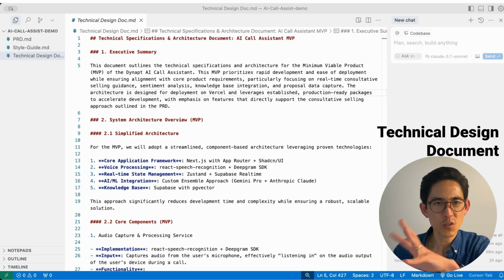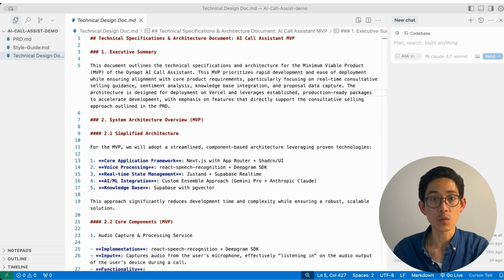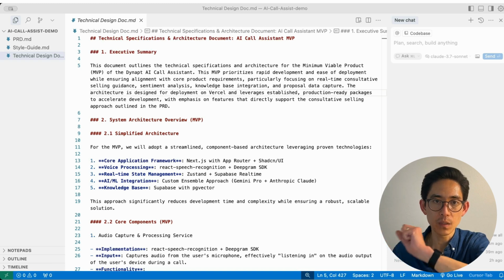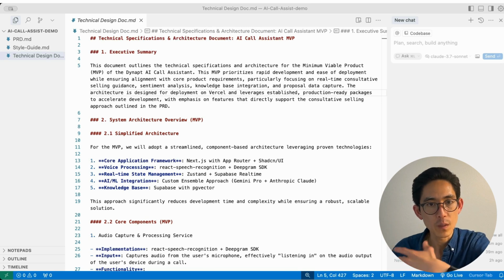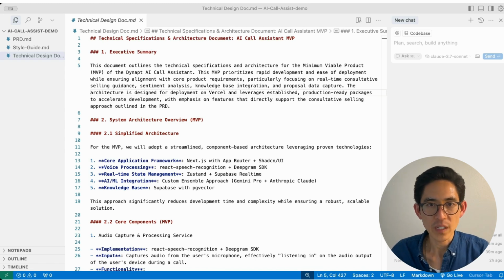I prompt Claude, usually 3.7, to act as a software architect with over 20 years of experience, and ask it to translate our business requirements into this technical architecture that is going to be here. Again, I don't expect you to read through it all. Your eyes are probably glazing over, but I'll talk through it a little bit with you. This document, for every application I build, teaches me so much, and it forces me to learn a lot because I have to go research what it's saying to me and if I believe what I'm learning and their suggestions. I think when I started, terms like vector database, WebSockets were just buzzwords, but through